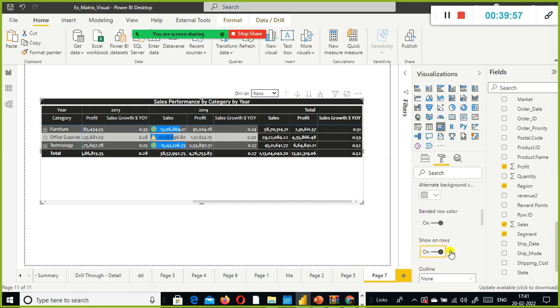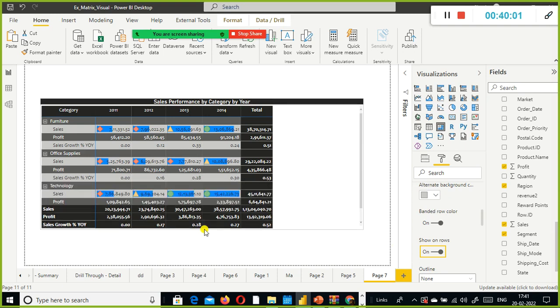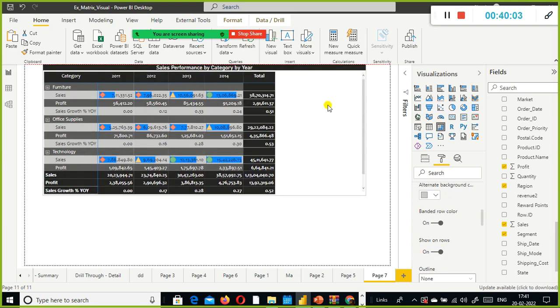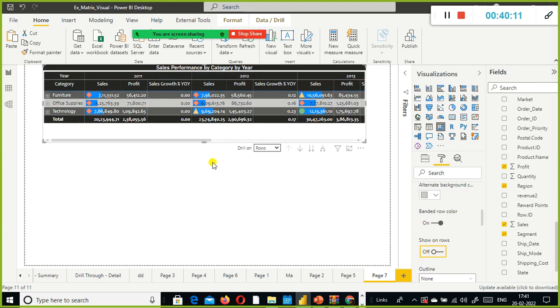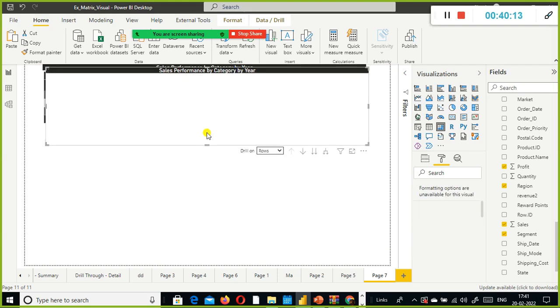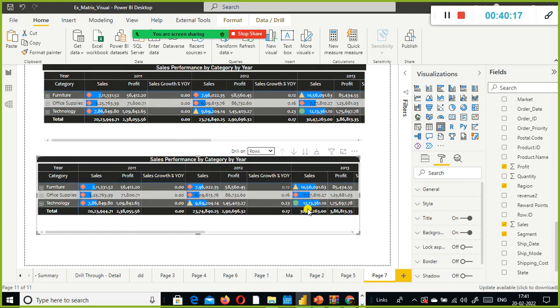Yeah, I'm going to toggle on this one, show on rows. Look here. I just toggle from on to off for our reference. I just copy paste this to compare the difference between these two.